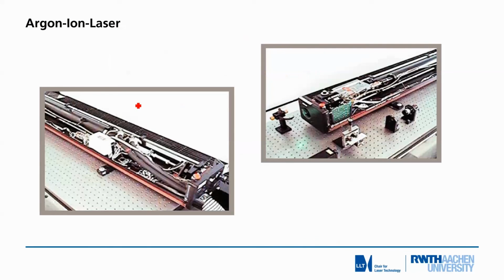And now, finally, let's look at some actual resonator examples. Here you see a gas laser. It is an argon ion laser. Maybe you can see these Invar rods here, which stabilize the plates in which the resonator mirrors are mounted. Here's the one mirror. The other one has to be imagined on the other side.